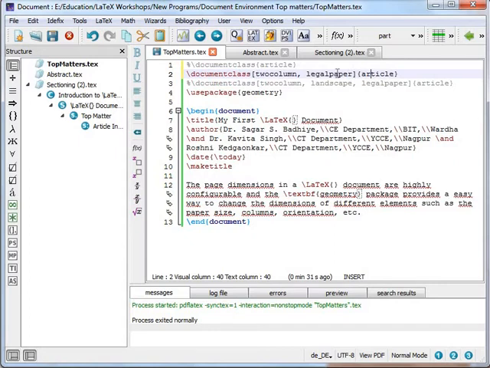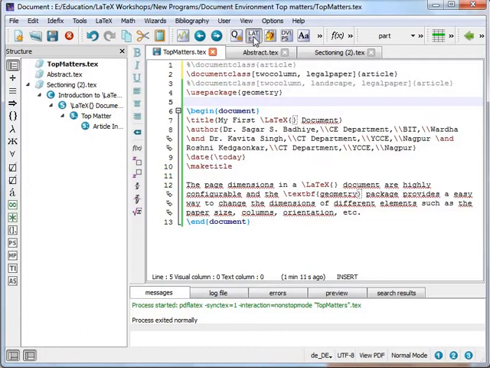Now for making this applicable on the document class, I need to add a new package, that is geometry. So I will be making use of the geometry package by using the command \usepackage{geometry}. This package is used to change the dimensions of the document. So now the default dimension of the article class will be updated, and this will create a two-column document, and the page size will be changed to legal paper instead of A4. Again the remaining things remain the same.